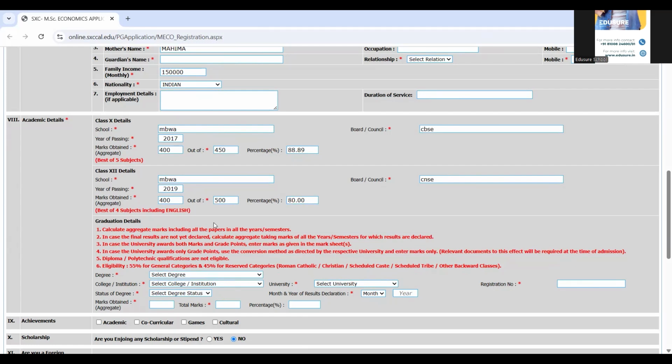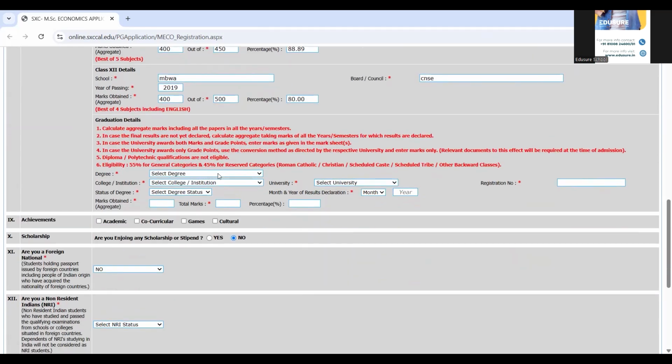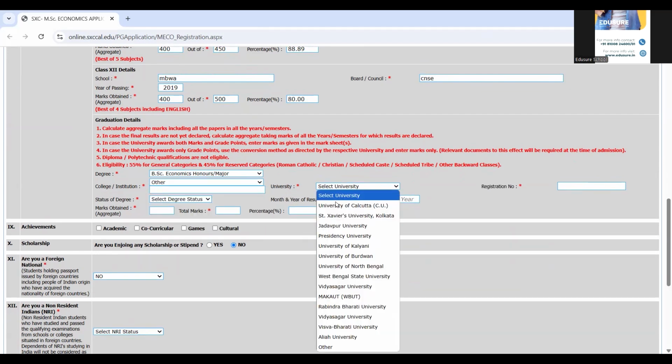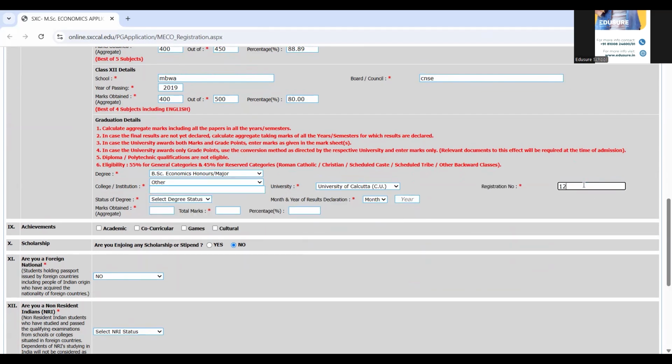Then you have to fill in your graduation details. So only BSc Economic Honors or BA Economic Honors can apply for the same. No other degree, unfortunately, is acceptable at Xavier's currently. Then you have to choose your college, your university, your registration number, and you have to choose whether the results have been declared or not. For me, it's declared. Month when it was declared, the year it was declared, the marks that I've obtained,